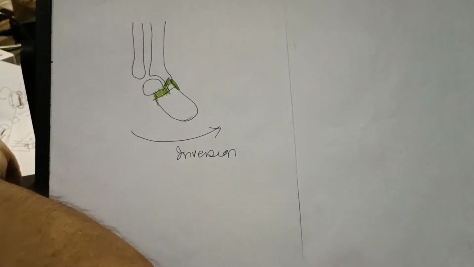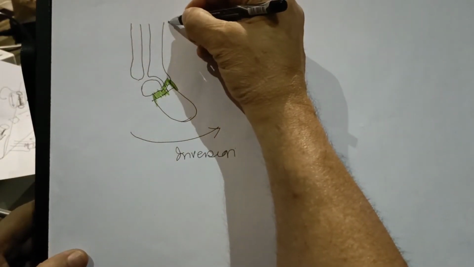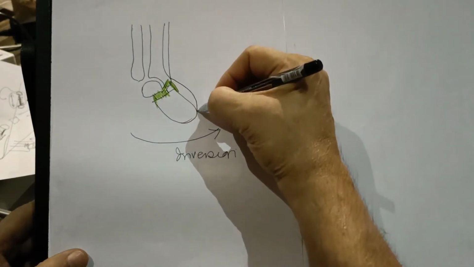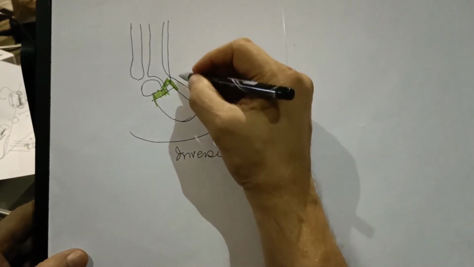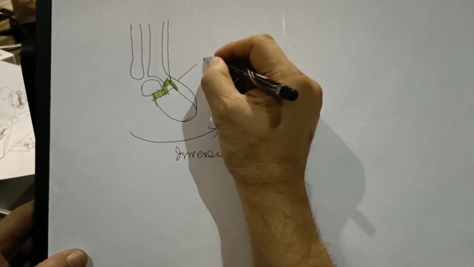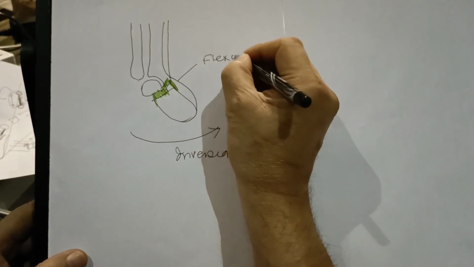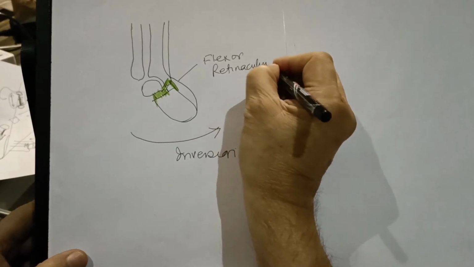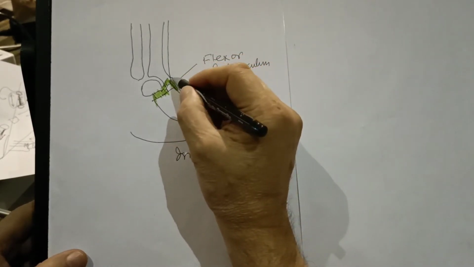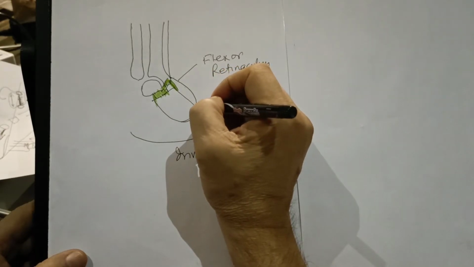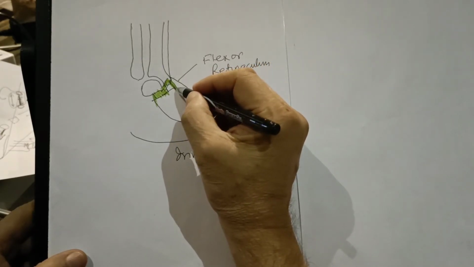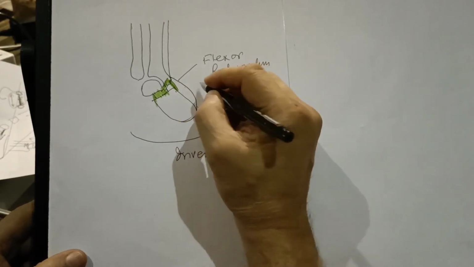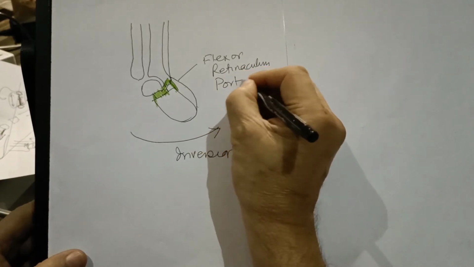Then there is the deep fascia, which attaches to the medial malleolus and then goes and attaches to the calcaneum. This extension of deep fascia is called the flexor retinaculum. So the space between the flexor retinaculum, the medial collateral tibiocalcaneal ligament and the medial surface of calcaneum is called the porta pedis.